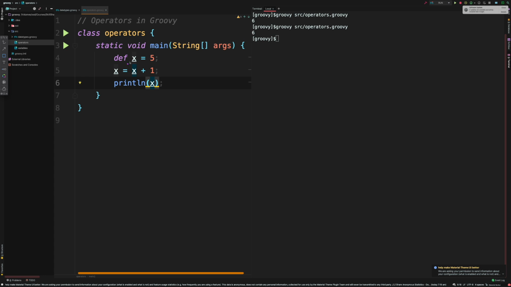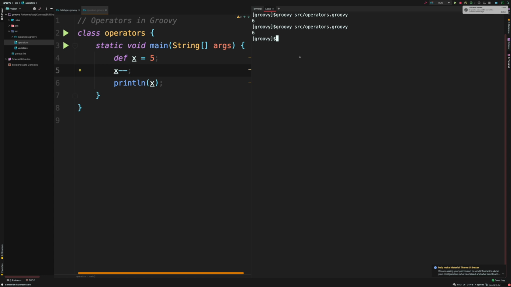Basically, if you want to add 1 to any integer, you can use this short form. Instead of defining it like this, you can use the increment operator, which is plus plus. Similarly, we can do it with the decrement. If I do minus minus and run the code again, this time we should be getting 4.